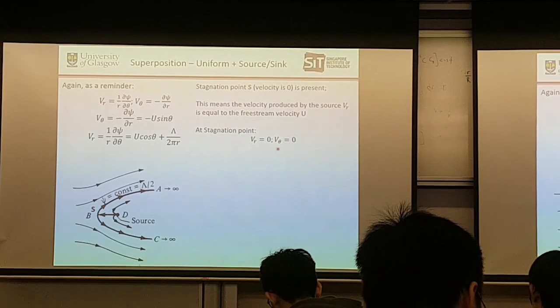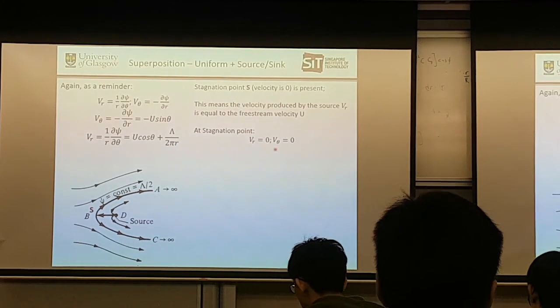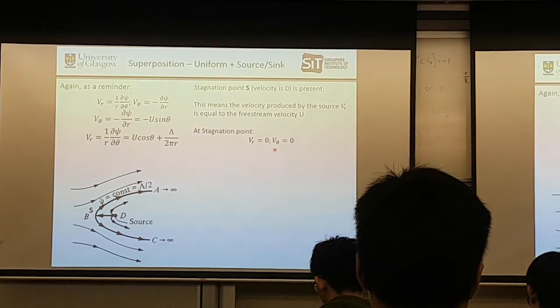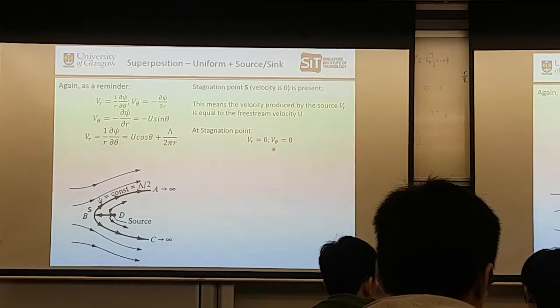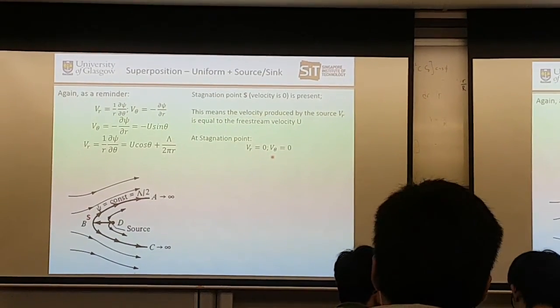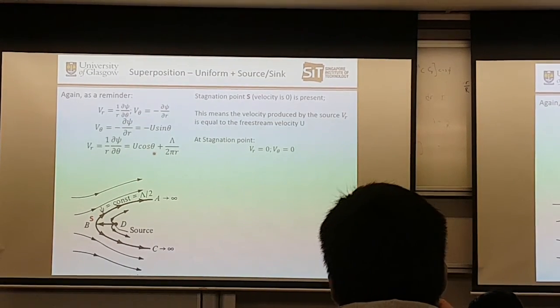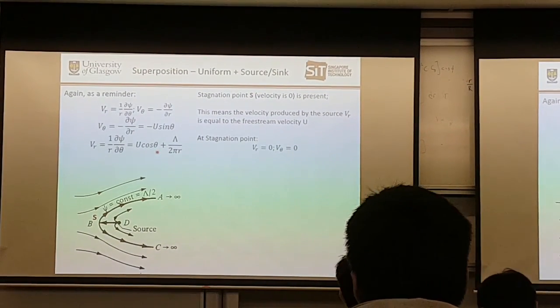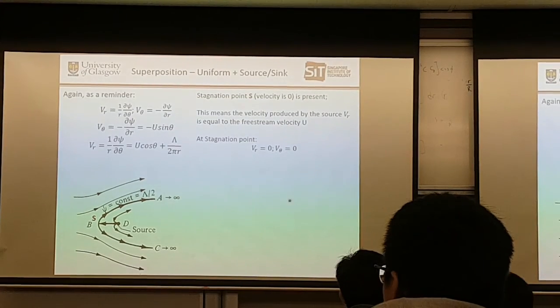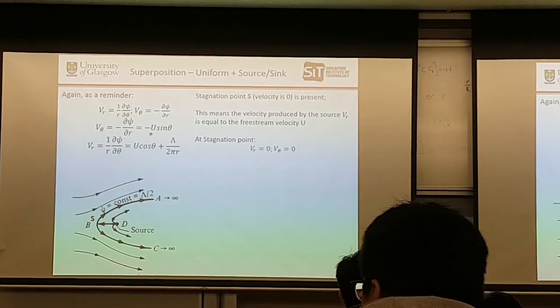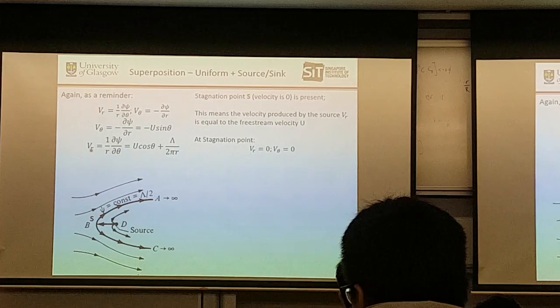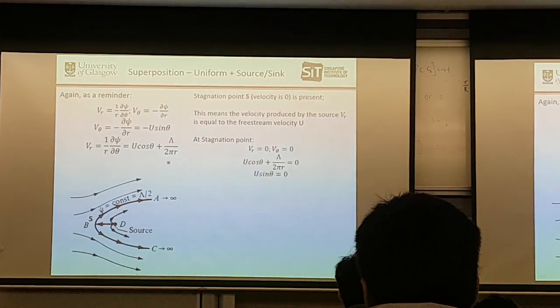Therefore my VR and my V theta must be equal to 0. This is very important because I can find two things. I can find the theta value where there's a stagnation point. I can also find the R value where there's a stagnation point. So if you think about this, I have V theta and VR here. I can then put in the two